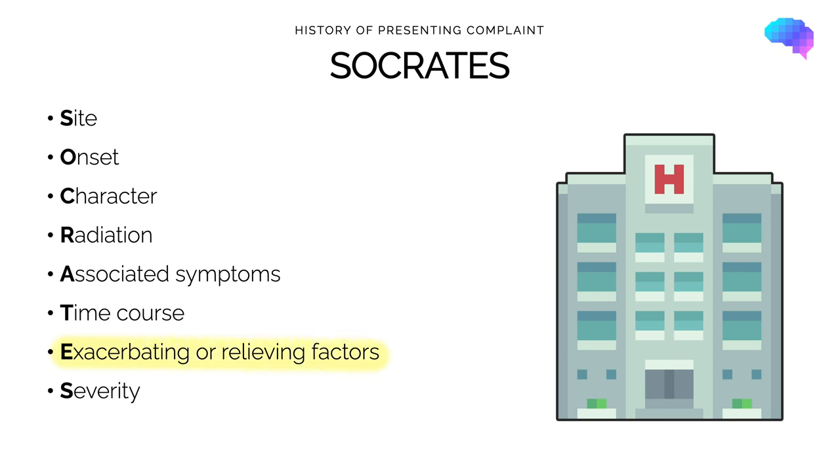Exacerbating or relieving factors involves asking the patient if anything makes the symptom worse or better. This is quite important in the context of a respiratory history because patients may present with respiratory symptoms which are worsened by certain situations. For example, a patient with asthma may have symptoms which are worsened by their occupation or being in a work environment. Finally, severity involves asking the patient to assess the severity of the symptom by getting them to grade it on a scale of 0 to 10. This is most commonly used when asking patients about their pain, but it can be applied to other symptoms too.